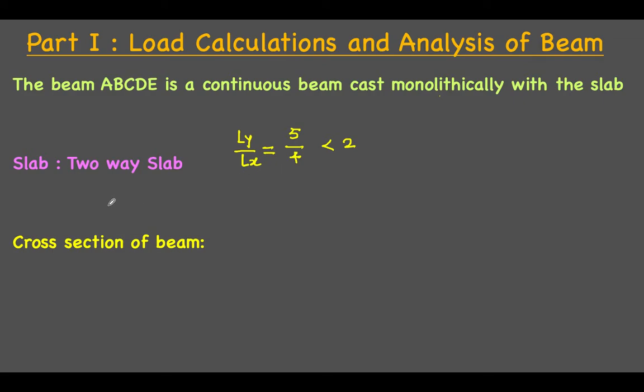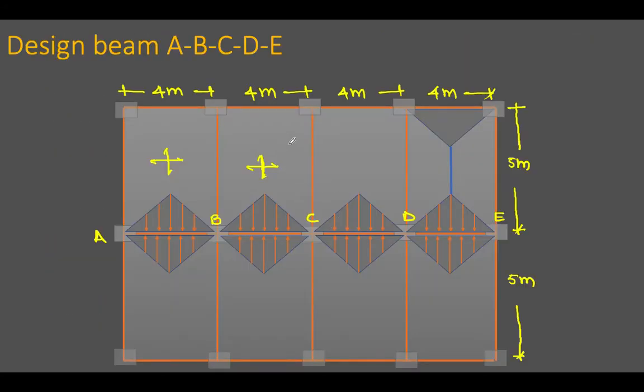Very first step is to identify what type of slab it is. Now we have identified that it is a two-way slab. It means we have to transfer total load on all four beams. Now one more important thing, when we have to design a continuous beam, we have to identify what type of cross section it is. So I am just considering this, I will call it S1 and S2.